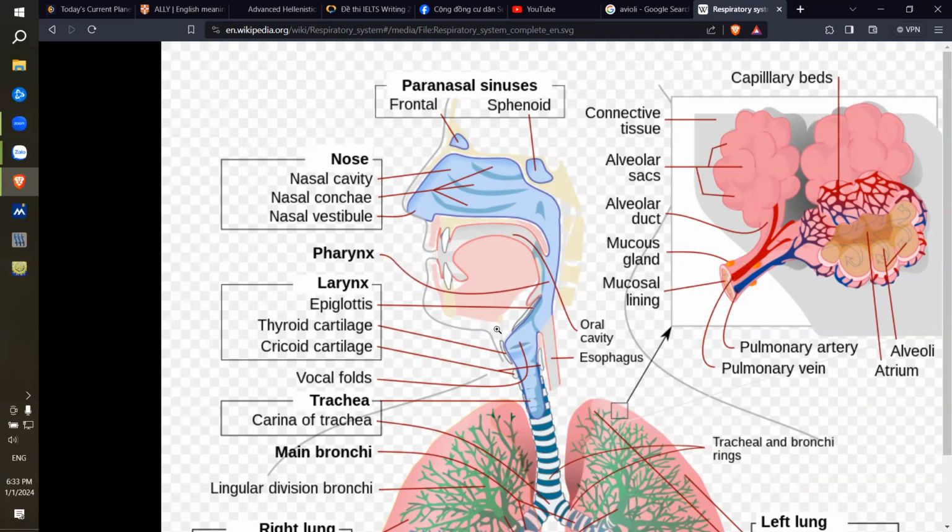And then my question for you is, why is the respiratory system vital? And what are the common diseases with these, for example, trachea, pharynx, and epiglottis problems? What are the common problems with that?